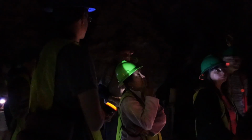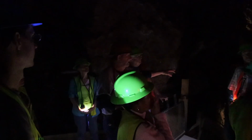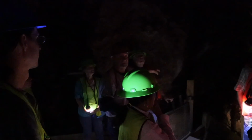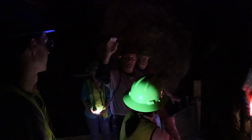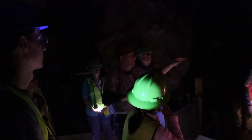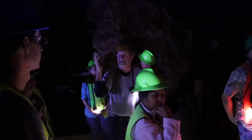Per ton grade of copper. At the time, they were mining 25% copper in this mine. Now this stope was here before that cross cut or that tunnel was put in. So what they would do is haul the ore either there or those tunnels went around to another cross cut